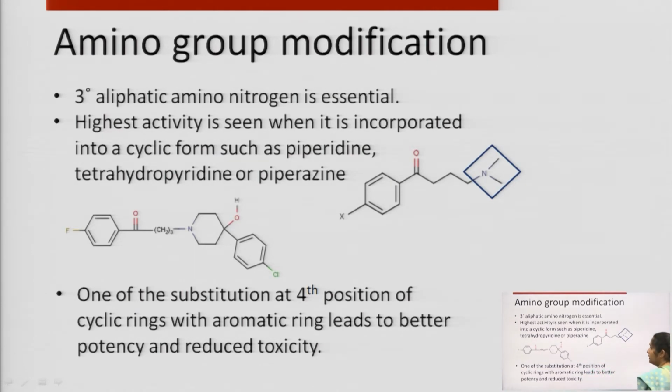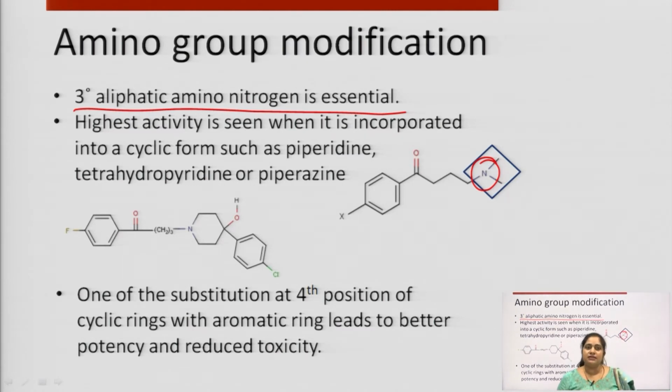In this case also, like in the case of phenothiazine, a tertiary aliphatic amino nitrogen atom is essential, means this nitrogen atom must be substituted at least by 2 substituents. That here we should have a substituent R1 and R2. It can be methyl, it can be ethyl, but it must be substituted at both of the positions, because tertiary aliphatic amino nitrogen is essential for antipsychotic agents,